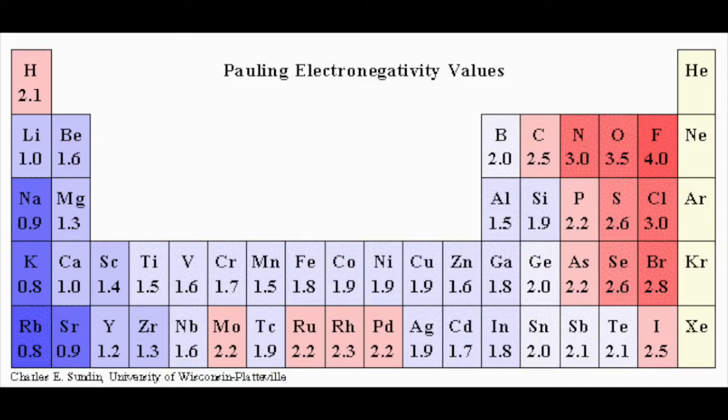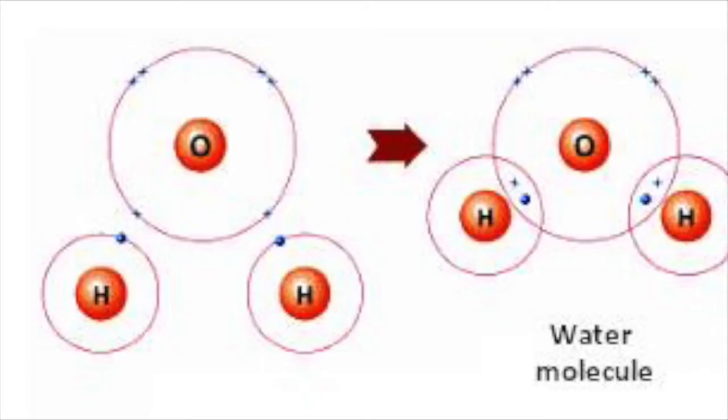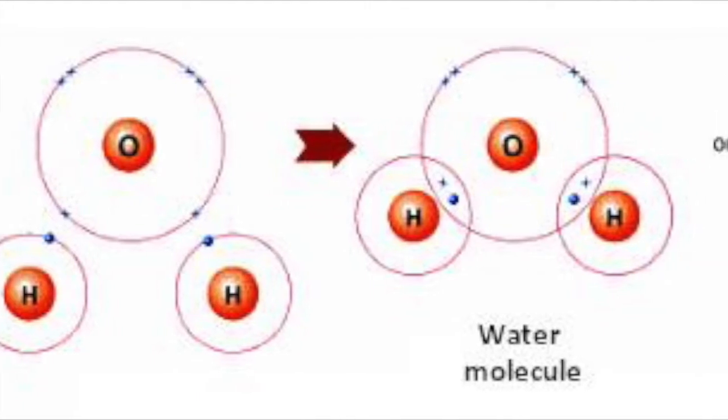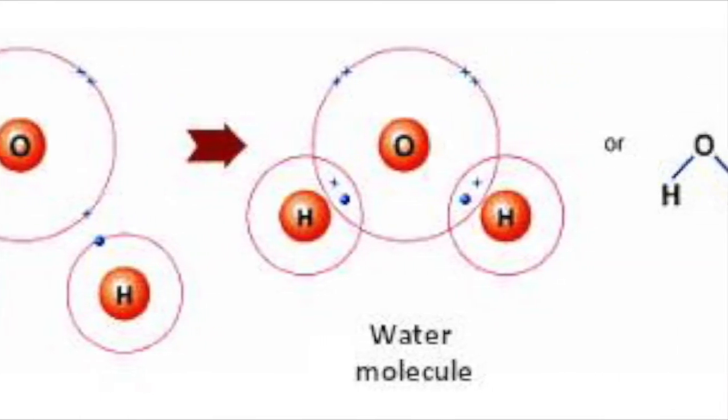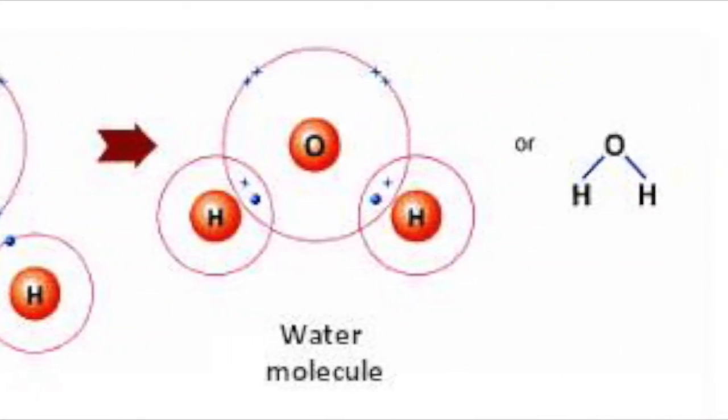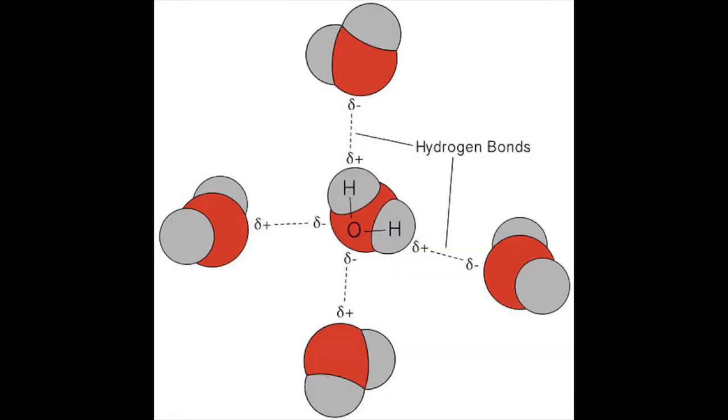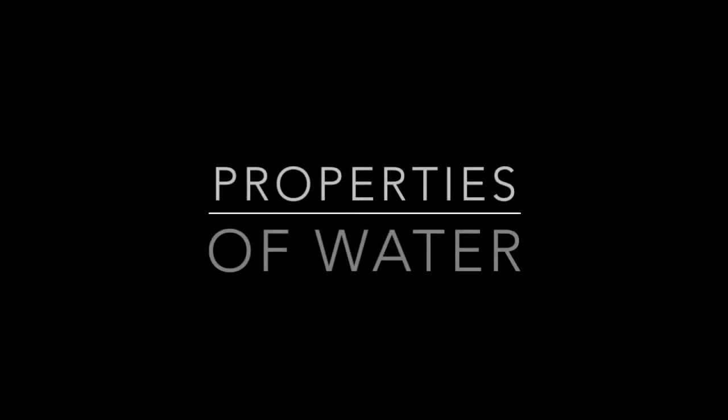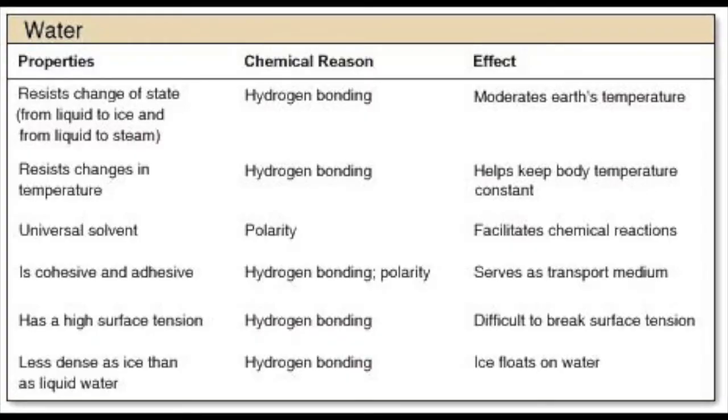Because oxygen has a greater electronegativity, the electrons in the compound surround the oxygen more, leaving the positively charged hydrogen nuclei more exposed. And all of this allows for hydrogen bonds to form between different water molecules, simply because it is polar covalent. Due to water's polarity and the formation of hydrogen bonds, water possesses a unique combination of special